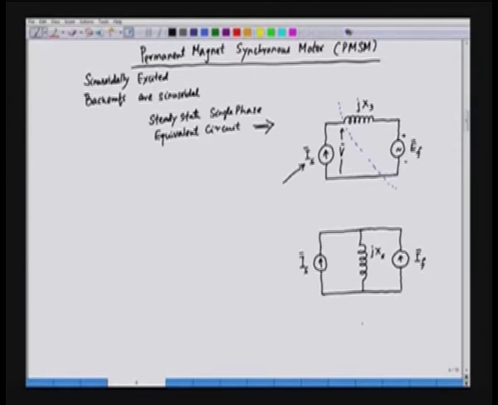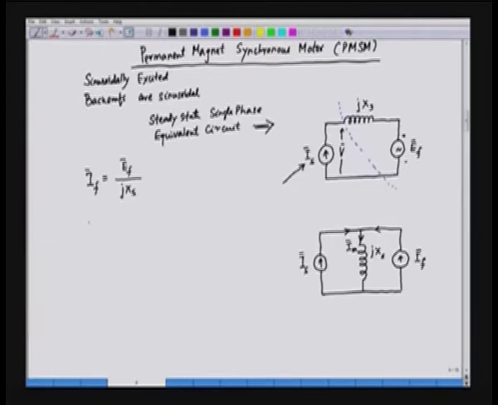Now, in this case we have two currents, one is coming this way, other is coming from the rotor, and this current which is flowing through this branch is called the magnetization current. So, we have Im. So, we can have the expression for If and Im also. So, what is If here? If is the Norton's equivalent current, that is equal to Ef by jXs,